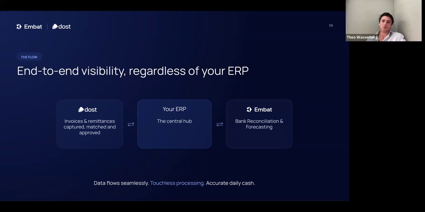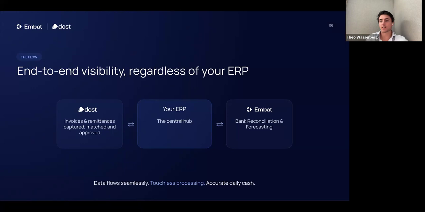Yeah, 100%. Well, then perhaps just to round up, what we've tried to do is paint a picture of how you can think about the end-to-end flow, much more than just the particular workflow for any individual piece of this, but how these more advanced tools like Dost and MBAT can give you not just visibility, but a flow around the ERP and through the entire life cycle of the actions and the movement of cash in the business.